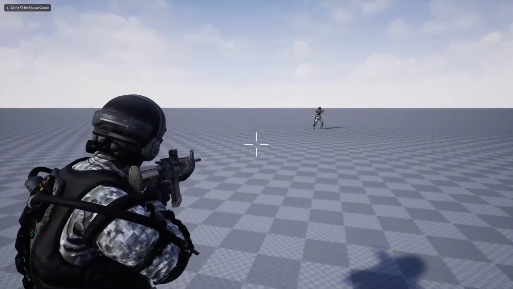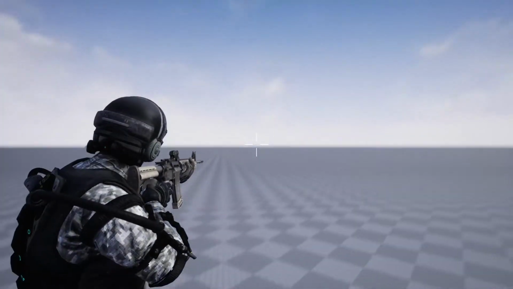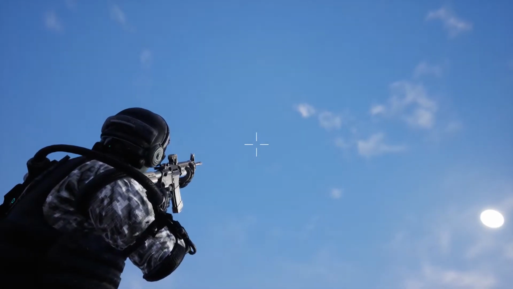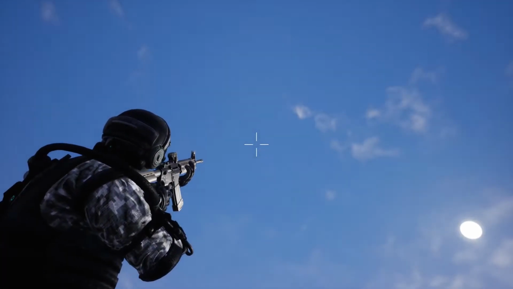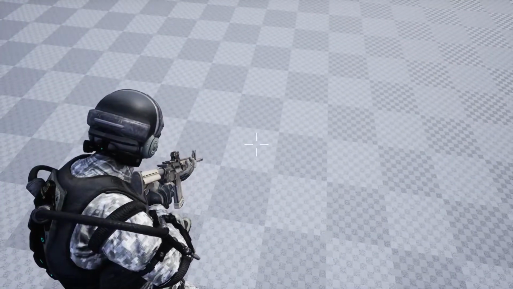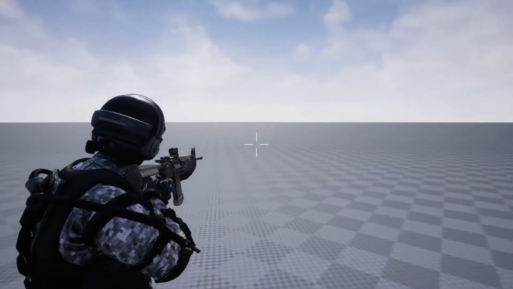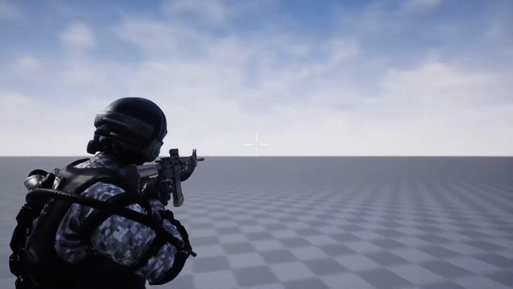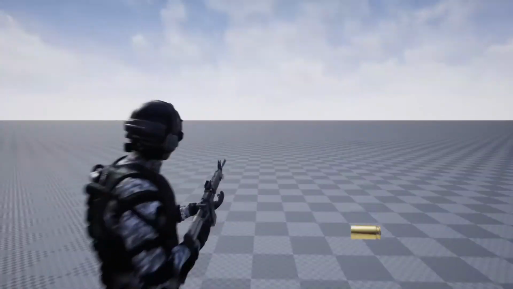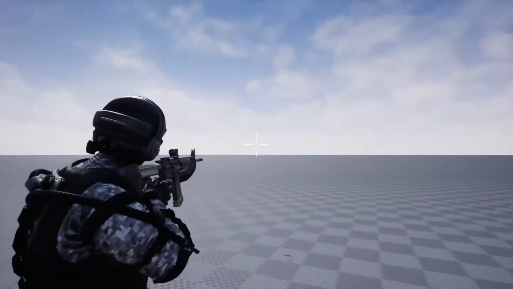Hello everyone. So today I'm going to rework this aim offset that I have implemented. As you can see here, when I look up, the character turns the rifle up properly to align with the reticle, and when I look down, the character looks down, turning the rifle properly so that it aligns with the reticle always, and I can shoot like this as well. So yeah, this is the part I'm gonna do today,